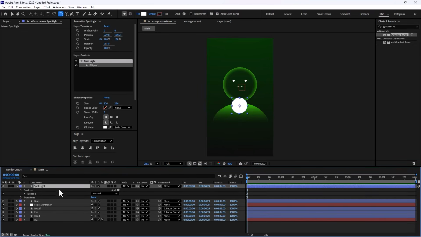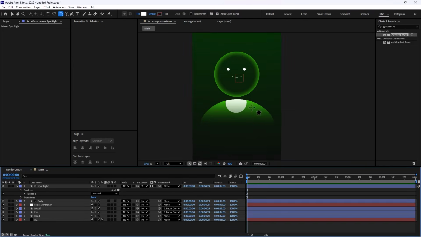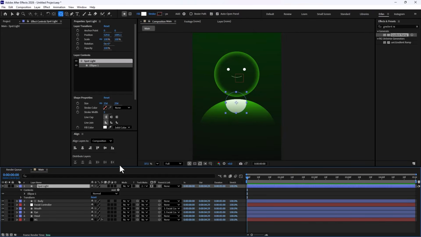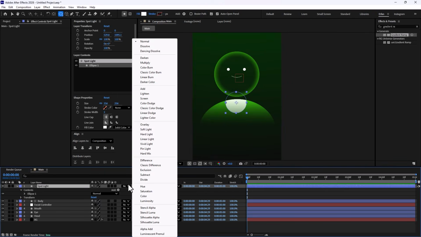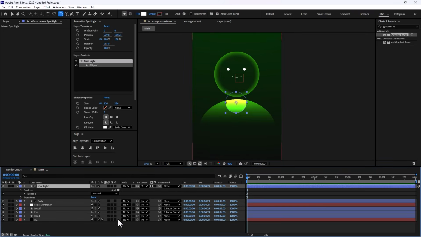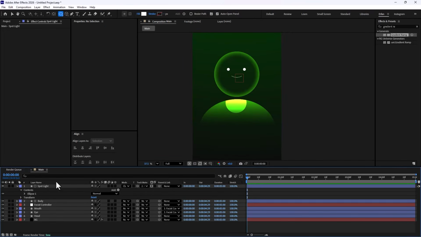So in order to do that, we're going to use the track matte tool and track matte it to the body that we have in here. Let's reveal the body. As you can see, right now we have sort of the spotlight inside of our body. Now we need to change its mode from normal to classic color dodge.